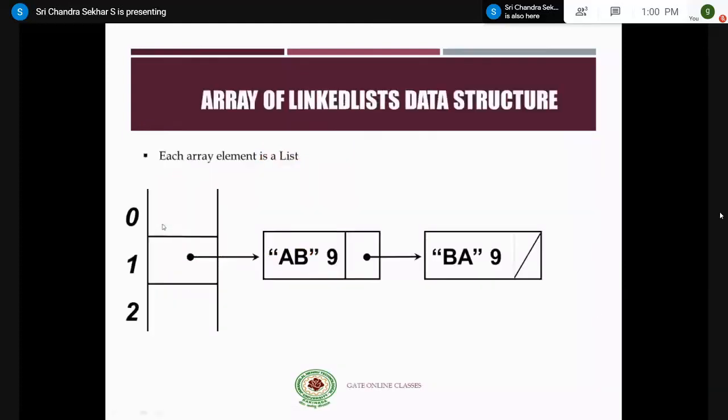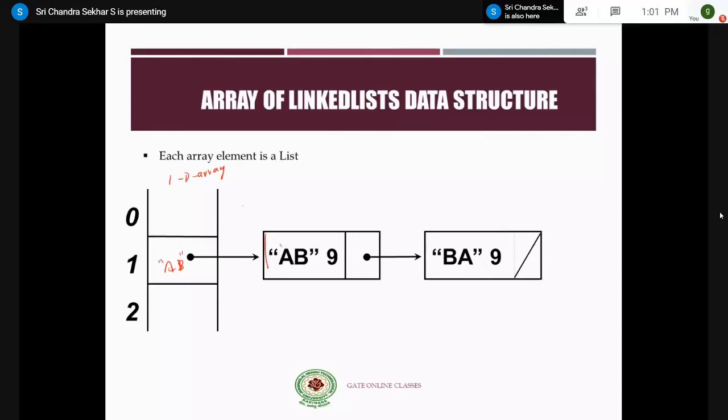For example, you take this thing where we have the array size starting from 0, 1, 2, and assume that AB points to index 1. AB is stored like this. So whenever AB is pointing to this first location, you never store this AB here. Whenever you want to store the element, you make this a 1D array, and whatever location is there, you have to create a linked list like this. You create a node and you store the value of AB inside it.